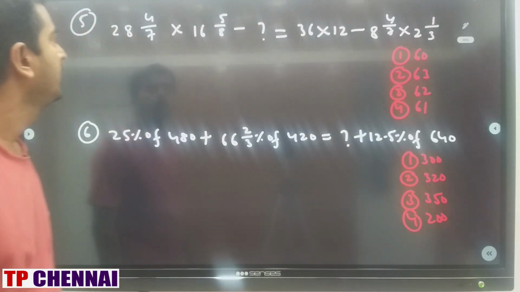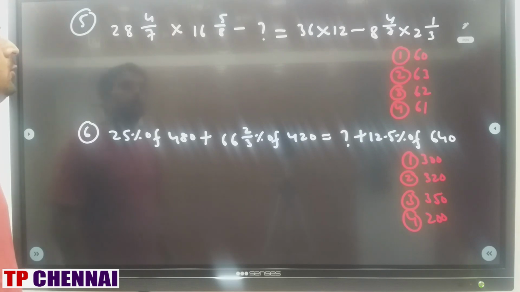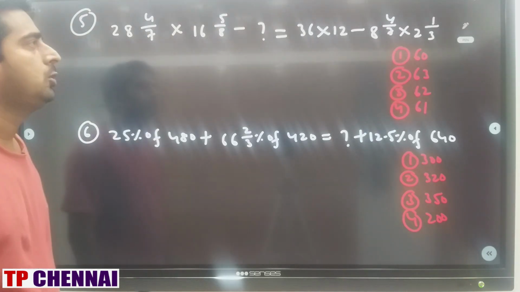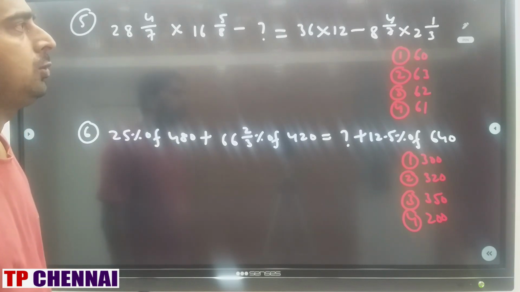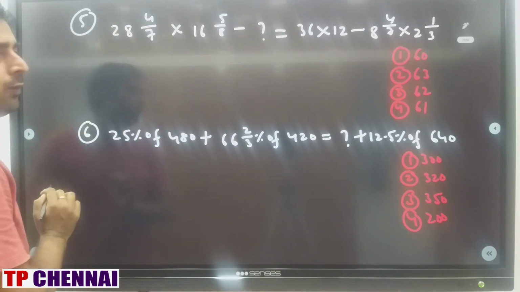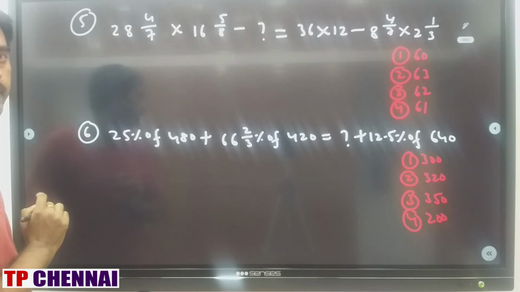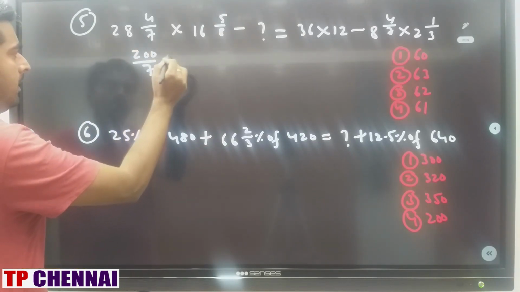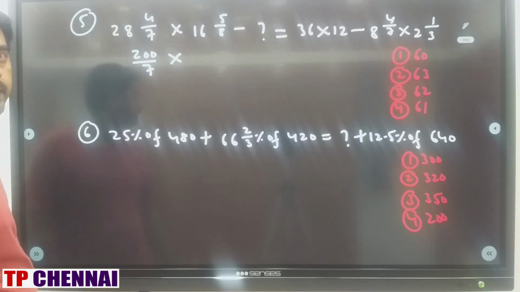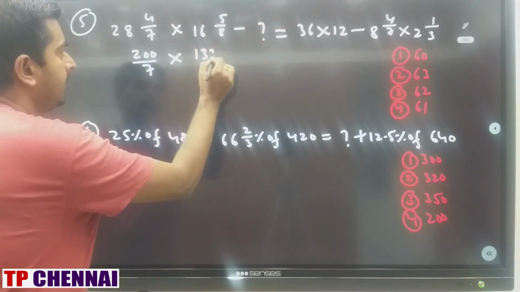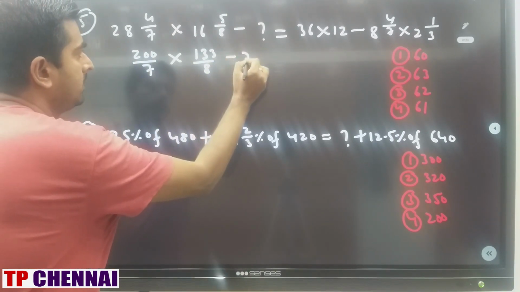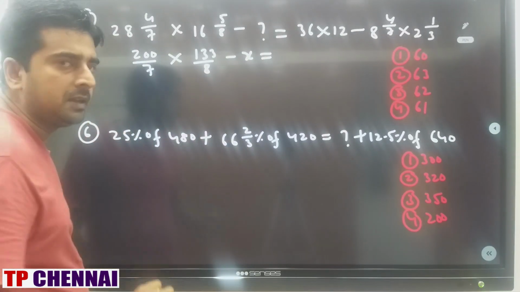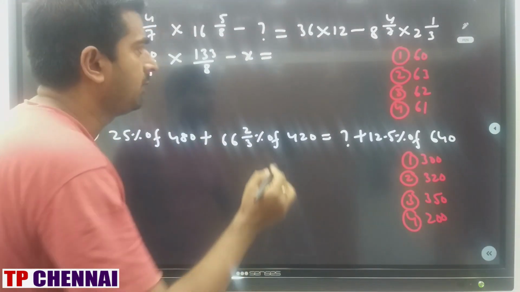Now we will see fifth one. 28 4 by 7 into 16 5 by 8 minus question mark is equal to 36 into 12 minus 8 4 by 7 into 2 1 by 3. What is 28 4 by 7? 28 into 7 is 196 plus 4, 200 by 7 into what is 16 5 by 8? 133 by 8 minus x is equal to 36 into 12 is 72 into 6, 432